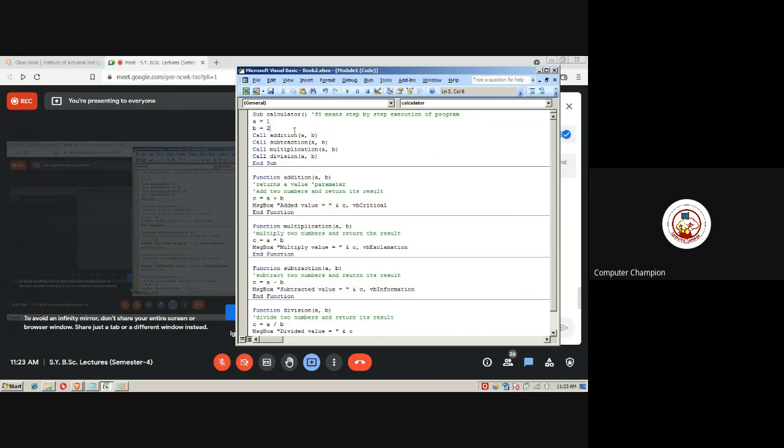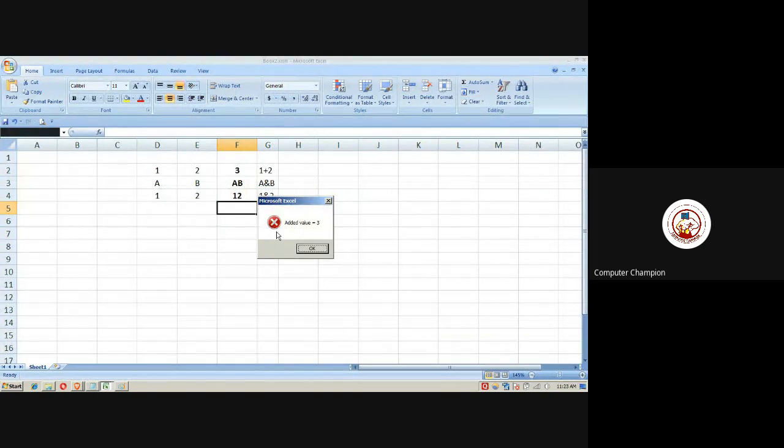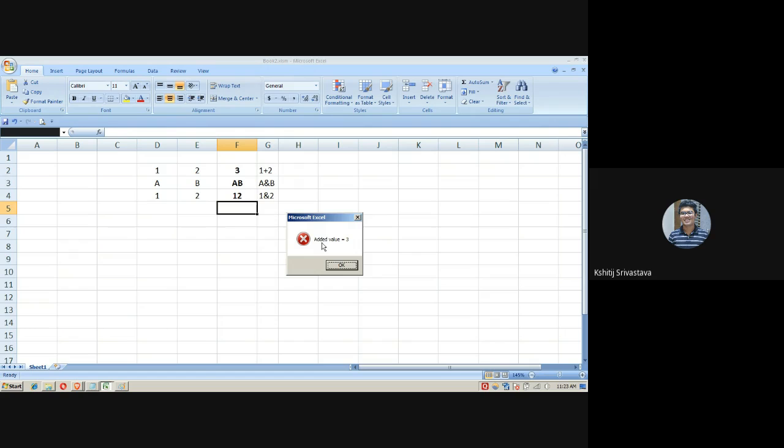I'll run my program again. See, this is a critical message box. You can see a cross sign here. Yes, you can see a cross sign here. It means this is a critical message box for the user. It can be a warning also to the user that he has applied some wrong values in the parameter. So you can give it as a critical message box.